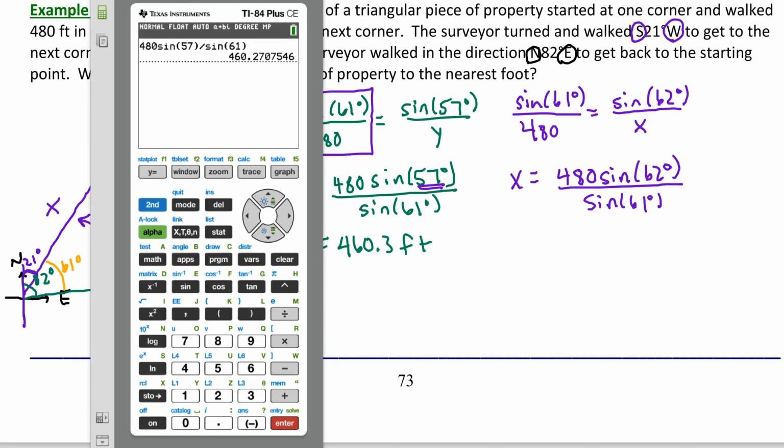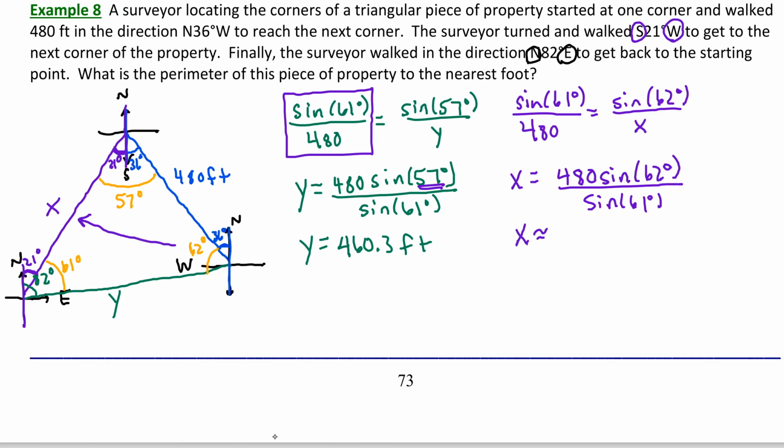So to be quick and efficient, I'm just going to type second entry. That's going to recall everything that I just typed in. And then I'm going to use my arrow keys to change that one angle from 57 to 62. And our next calculation is 484.6. So X is approximately